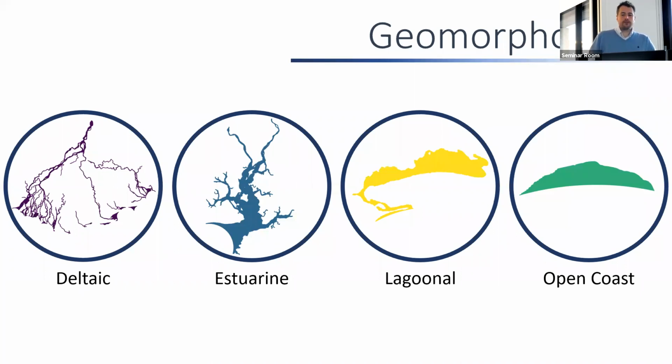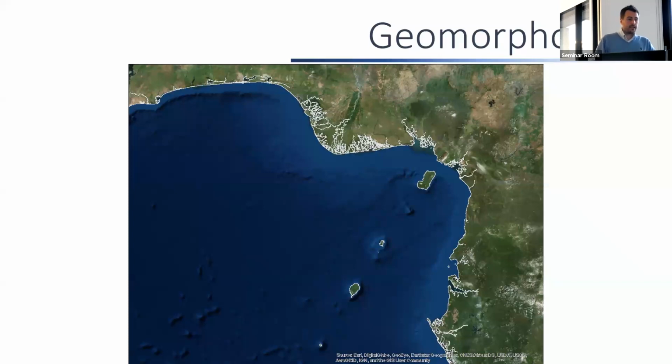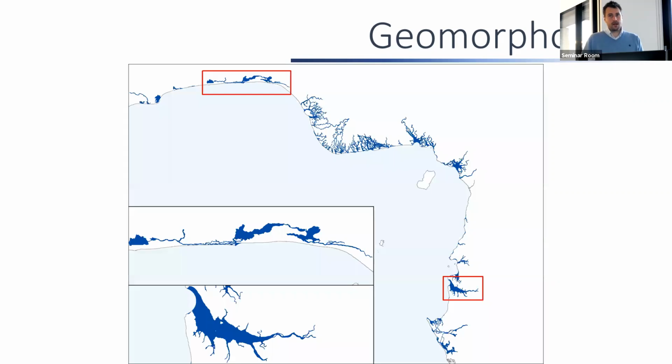So how did we go about doing that? Well, first of all, we took a high-resolution coast map and identified the coastline at high resolution. And what I hope you can see is that some of the features start to pop out immediately. Right at the top, in the middle, you can see the big Niger Delta. Above it and to the left, you can probably pick out some of the lagoonal areas. And down in the south, you can also probably pick out some of the big estuaries.